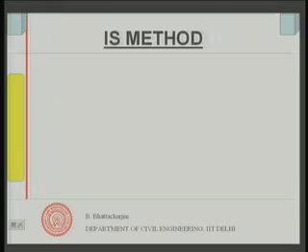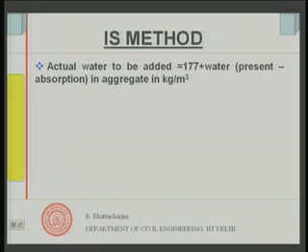Now, supposing I want to do further, I have to actually do trial mixes, and I have to make some more adjustments. So, first thing I do is a trial mix, but while doing the trial mix, two things I need. The actual water that I should add is 177 plus the water present in the aggregate minus its absorption in aggregate, in kg per meter cube. You see, if the aggregate is dry, some moisture might be present whenever I am using the aggregate. If it is in saturated surface dry condition, I do not have to add anything, it is 177 only, but actual moisture content could be more than that.